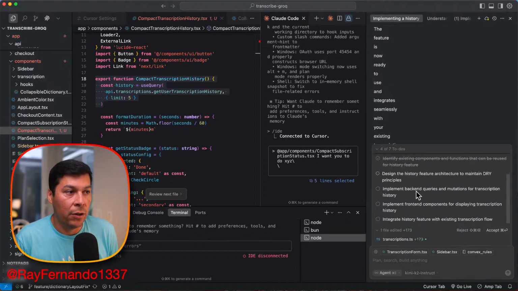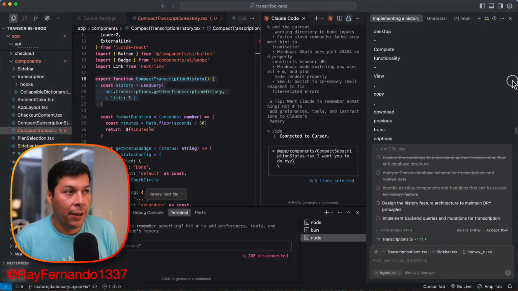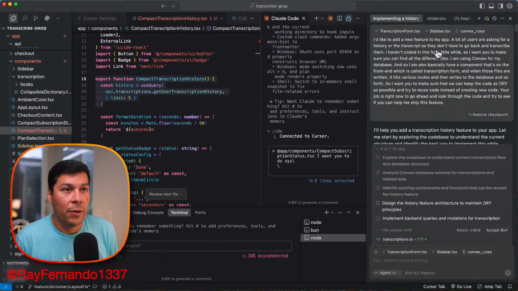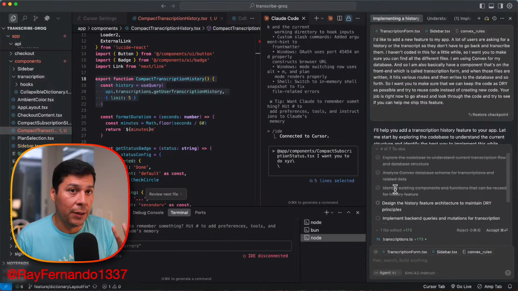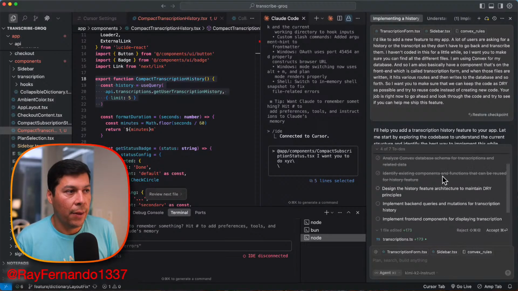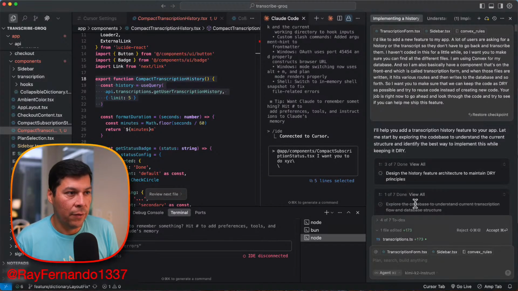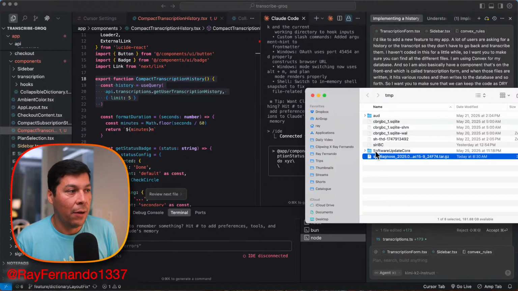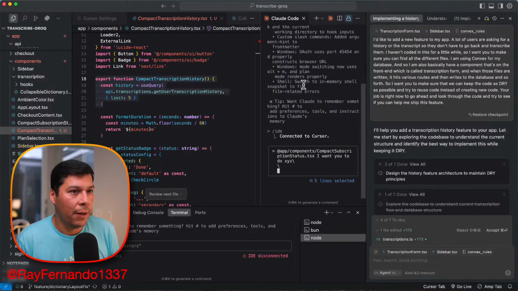One of them is called the to-dos feature. You can give it a really vague system prompt, because sometimes I really don't know what I'm doing. I just gave it a bunch of requirements and feedback from what my users wanted. My users wanted some history here, and then I just gave it some guidelines. What's nice is that Cursor's agent itself figured out what to-dos to do, and is going procedurally through these tasks. That's pretty awesome, and that's the to-dos feature that's very similar to Claude Code. And now I basically have a sysdiagnose from earlier for me to send off for debugging.